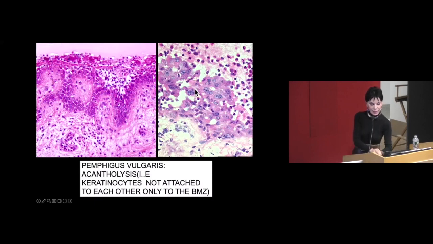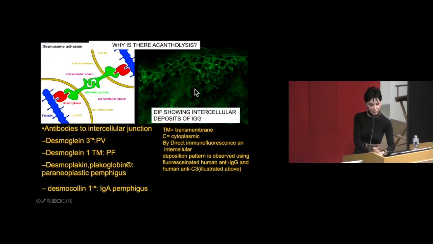And here, the antibody is targeting another intercellular protein that is expressed in high levels in the lower portion of the epidermis, referred to as desmoglein 3. And this is just a graphical abstract of the intercellular junction, showing the desmoglein 3 as well as the desmoglein 1. Both of these are transmembrane intercellular proteins, with desmoglein 1 being implicated in pemphigus foliaceus, while desmoglein 3 is implicated